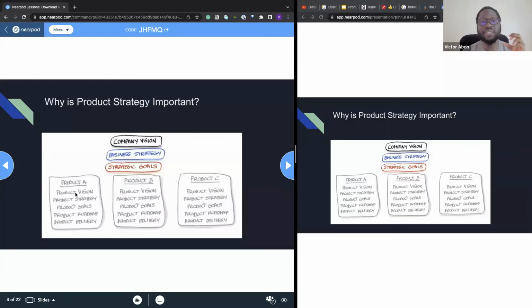Your product strategy then derives from the vision, right? It's now like, here's how we want to do it. And I'll talk a bit more about that in the next slide, but I want to just set that context for the product vision. So that's not something we hear about a lot, but it's also important for us to create product visions and not just have that one company vision.